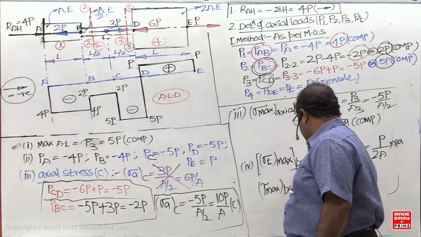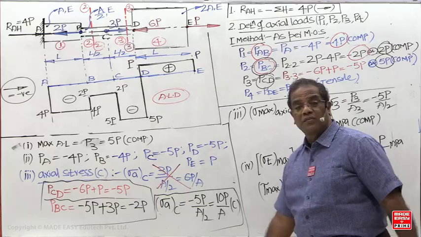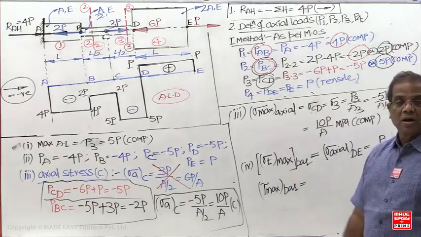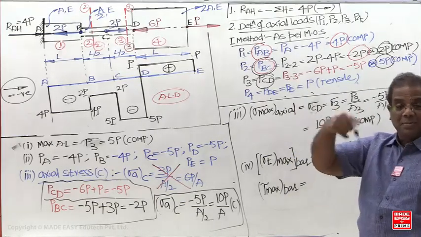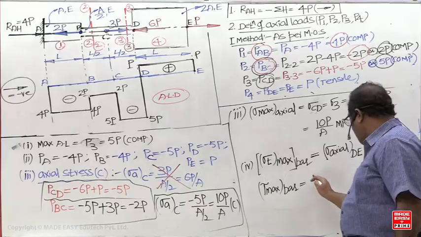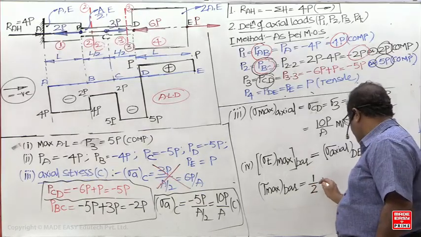Maximum shear stress in the bar. For this question, everybody is going for 0. But you have to take it as follows. On the cross section it is 0, but in the bar means you have to consider all the planes. Half of